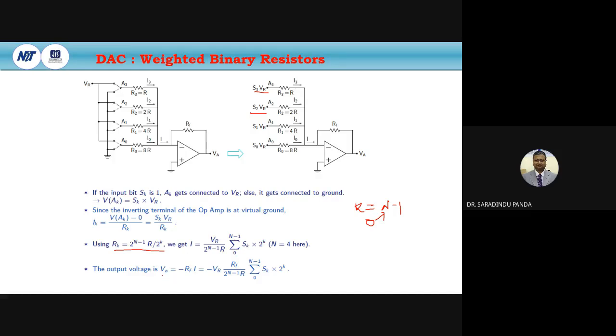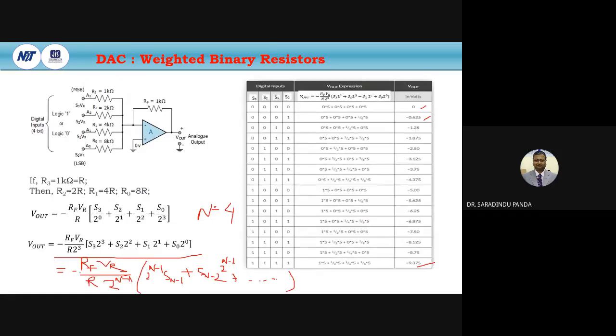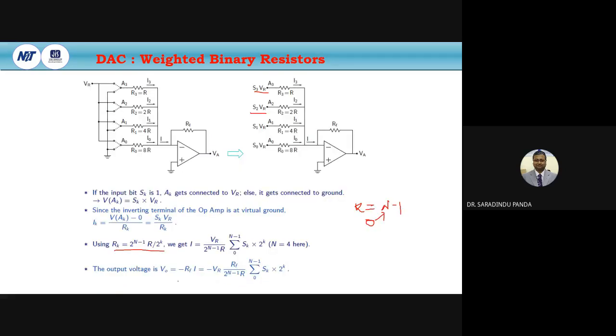So very simple. V0 is equal to minus RF into I. So this is minus VR RF by 2 to the power of n minus 1 into R, sum from 0 to n minus 1 of SK 2 to the power of K. Look, in the previous section this is minus RF by VR R into 2 to the power of n minus 1, then S n minus 1 into 2 to the power of n minus 1 plus S n minus 2 into 2 to the power of n minus 2, like this. So K goes from 0 to n minus 1, and then we can write it like this. So this is a general formula